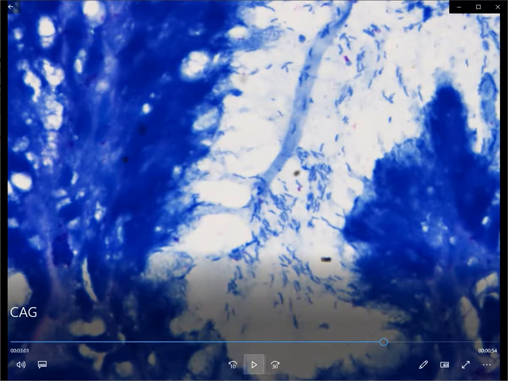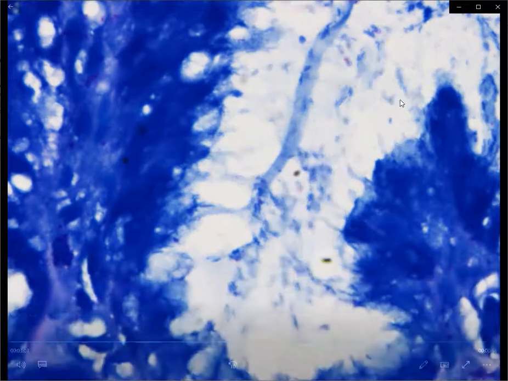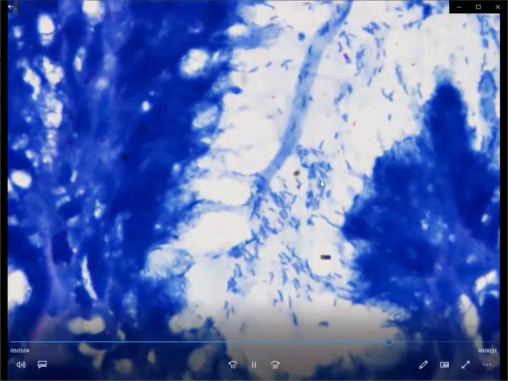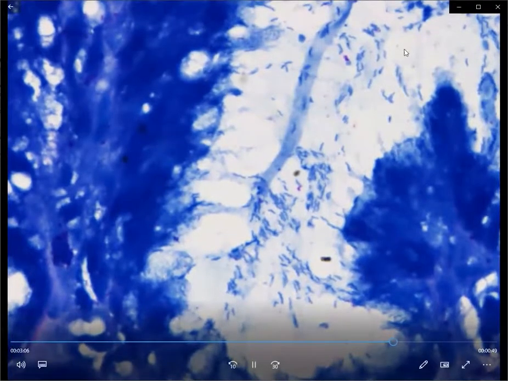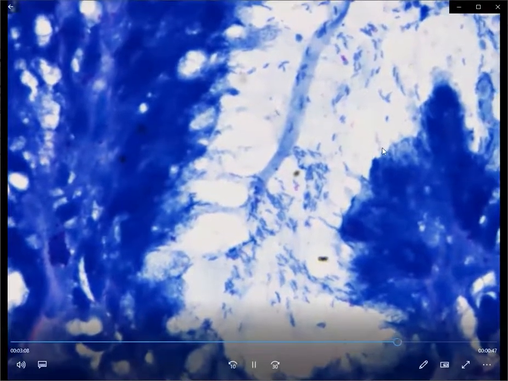An important thing to differentiate them from contaminant bacilli is the Giemsa stain, because in Giemsa only H. pylori shows this blue color, whereas the other bacilli, the contaminants, like these pink-shaped bacilli we can see here, are on the slide. Instead of being captured within the crypts, many of these will be seen spread onto the slide. This is how you differentiate H. pylori from the contaminants on the slide.